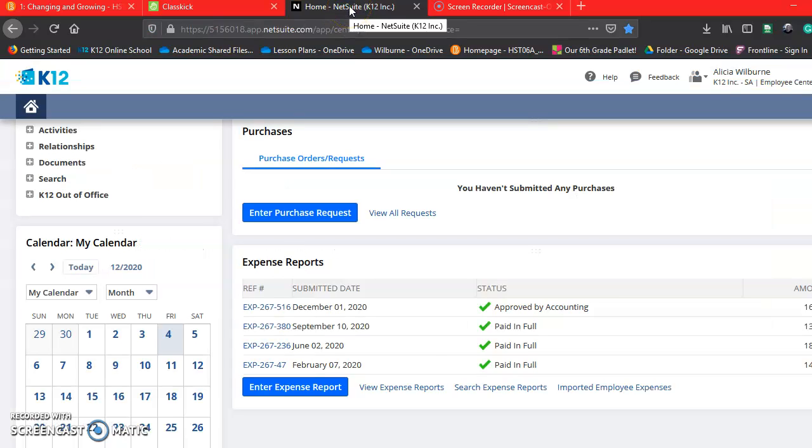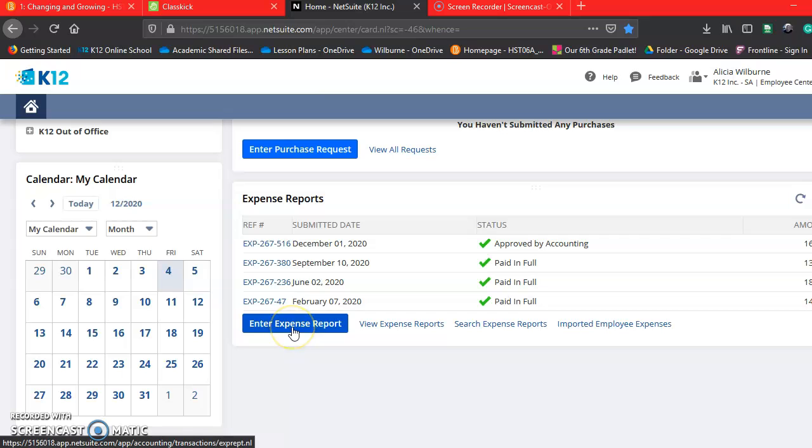All right, so this is just to show you how to expense internet and other things. I will send you the direct link for NetSuite. Once you are logged in, you're going to come down here, enter expense report, and once you click that, this